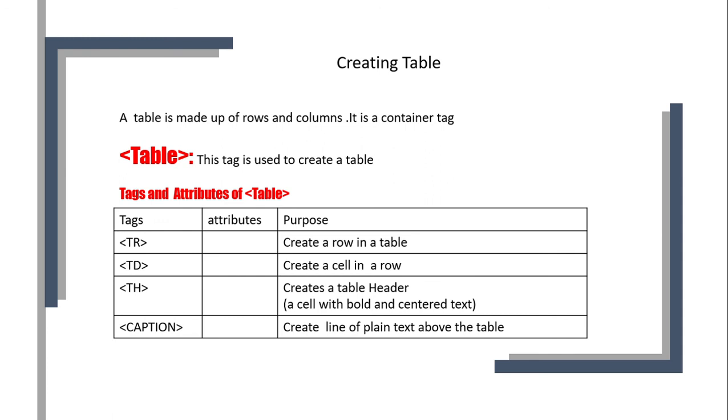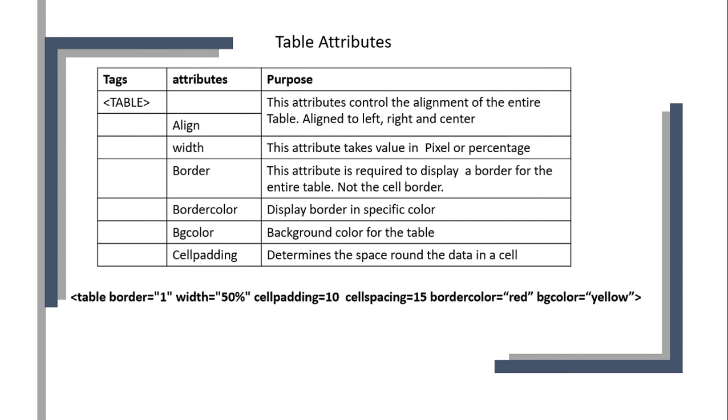So students report. We start the table with a caption tag, and within the caption I write the text and then slash caption. So what happened? Whatever text we write, students report, otherwise students report card, we get that above your table. Now, whenever we are creating a table, we have some attributes with the table.